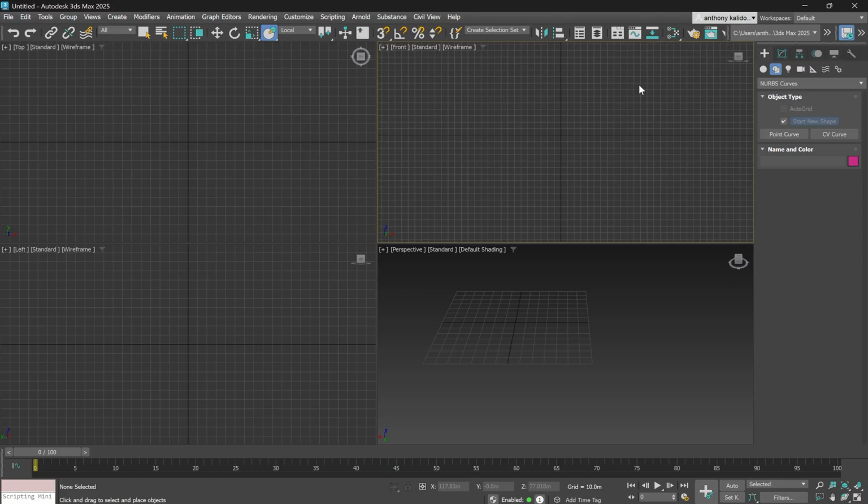Alright everyone, and that covers the 4 main spline types in 3ds Max: shape primitives, editable Bezier splines, freehand splines, and this one right here, which is a